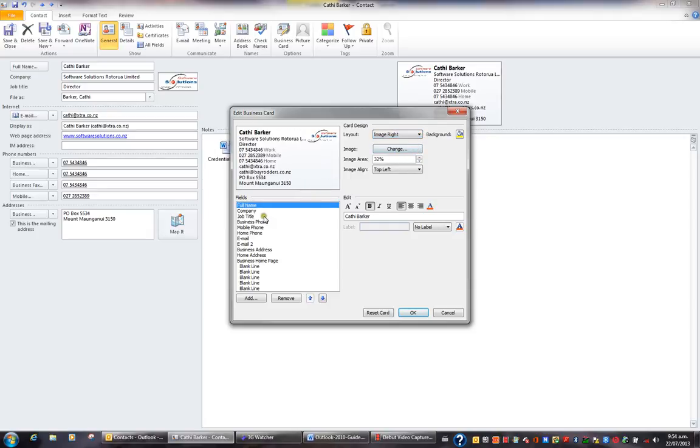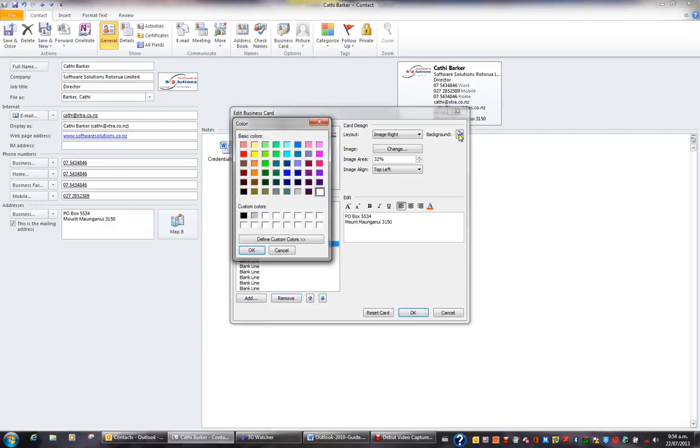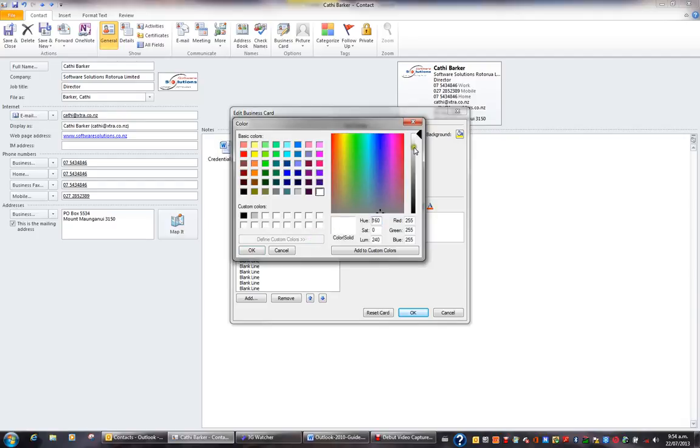I can also control what details are shown on my business card. I may not want to show my second email address, so I choose Email To in this list and Remove. And it's removed from my business card. You can do all sorts of things like changing bold, italics and underline, and even applying a background colour. For instance, if I go into background colour, I might define a custom colour, and I'll choose a very soft